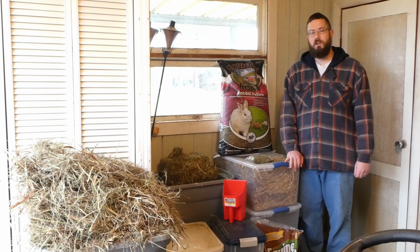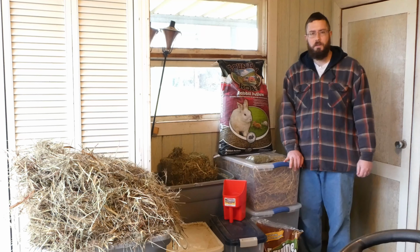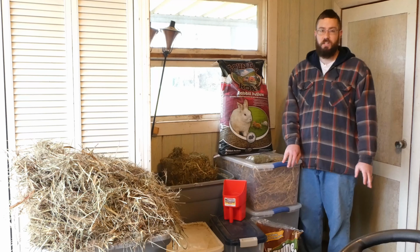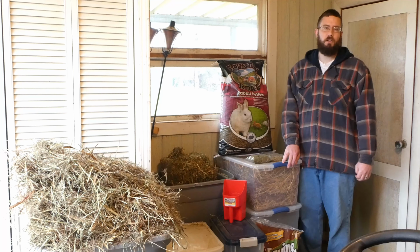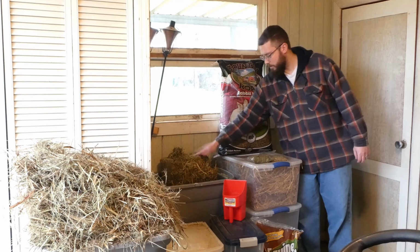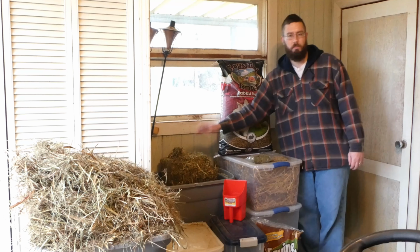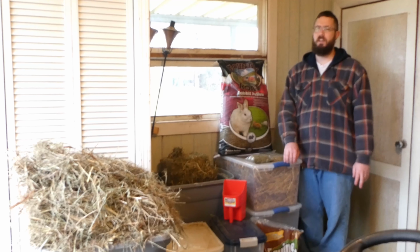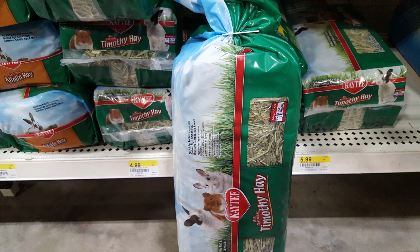The next thing we want to talk about is feeding your rabbit. So when you have a baby rabbit, and that's considered to be any rabbit under a year old, you want to primarily give them alfalfa hay, and that's going to be this right here. We buy it in compressed bales. It lasts forever. It's much more cost effective than getting those little 5-pound bags from Walmart. You get an entire bale for the same amount or less, but you do have to have the space to